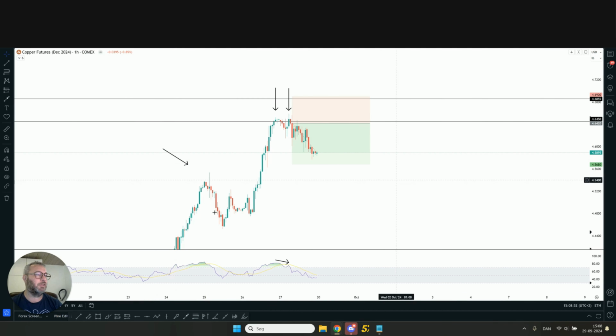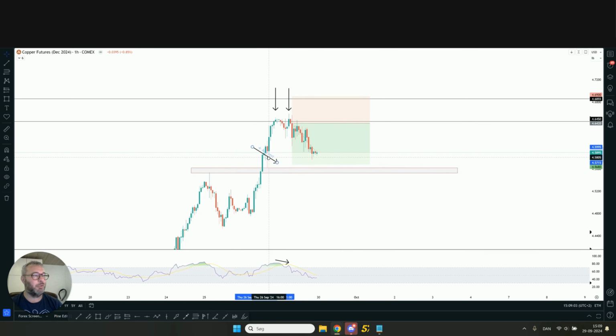Let me put it a bit in context again. This here is a good support area, and there's no need to be greedy and put your take profit down here. Put it a little bit above here. And then you still have a good 1.5 R trade. Or you can choose